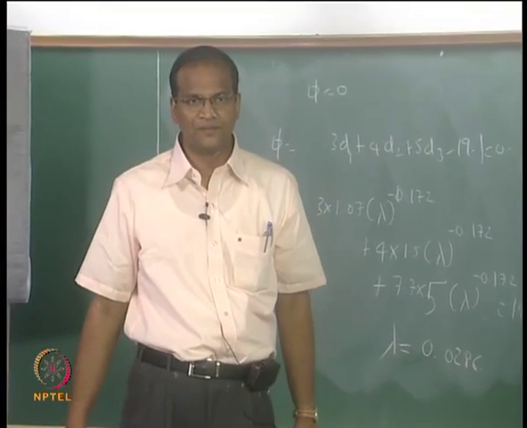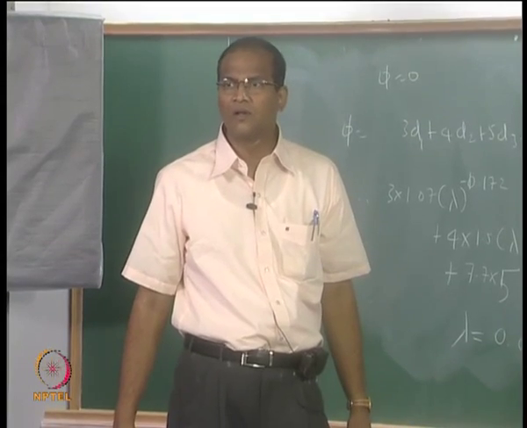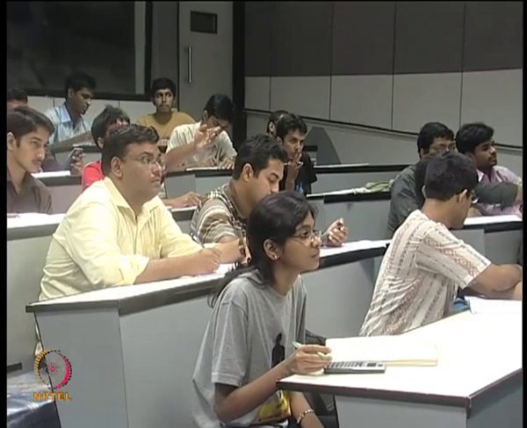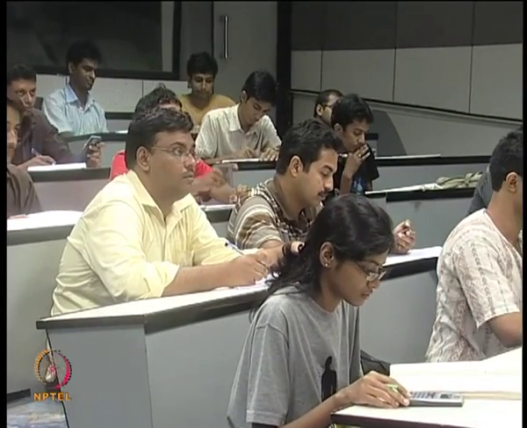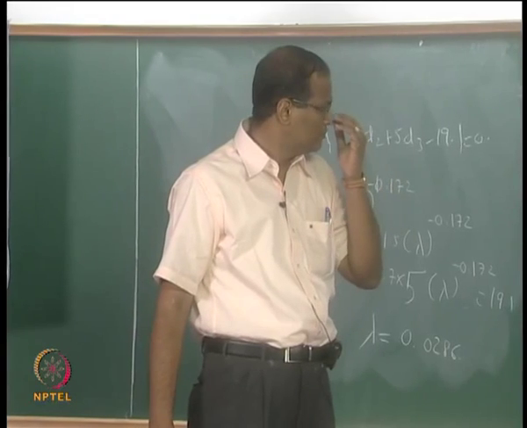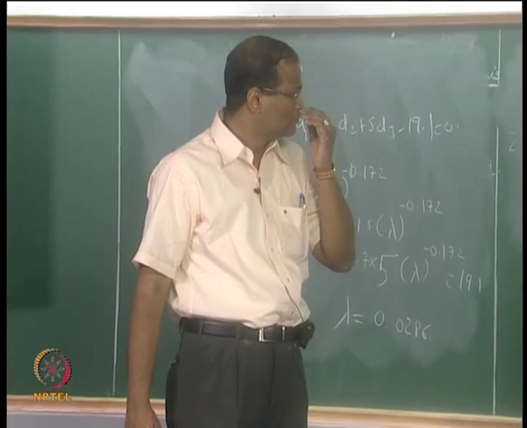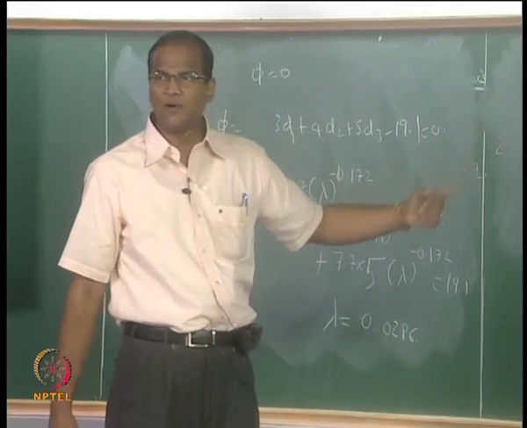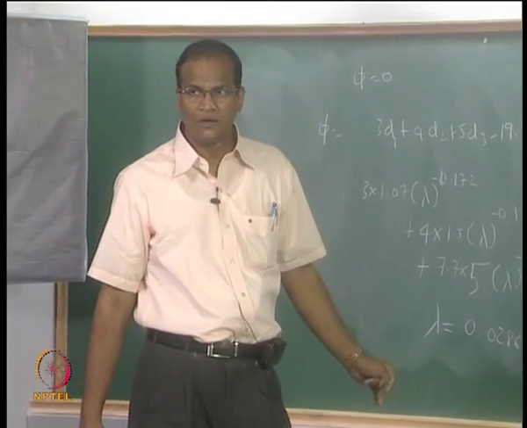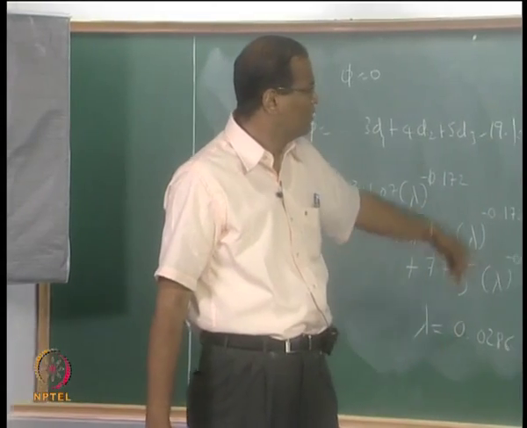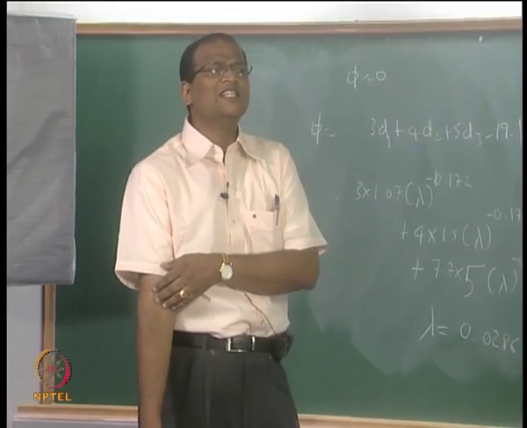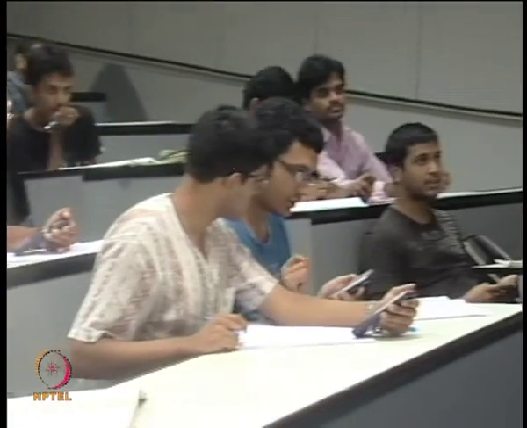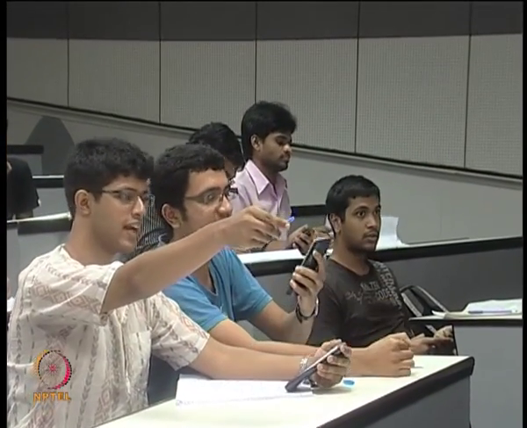Large numbers. Sir, how can that be? That is 1.5. Sir, first one will be wrong. D2 is actually greater than D1. Lambda to the power of minus 0.1, so lambda is less than 1. D1 should be greater than D2, should be greater than D3. Alright. What is D3? D1 should be greater. 0.93. So D2 is 0.93.